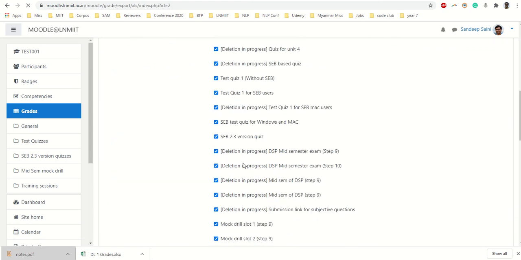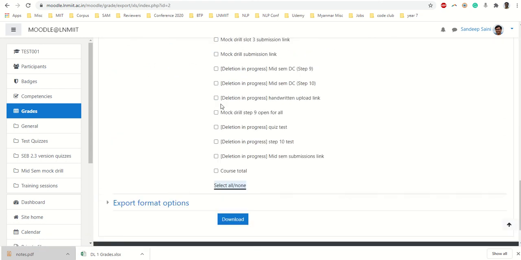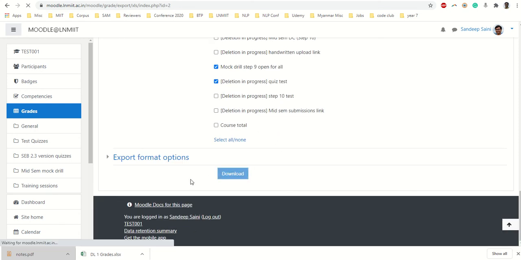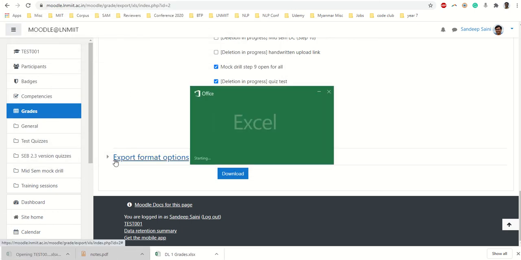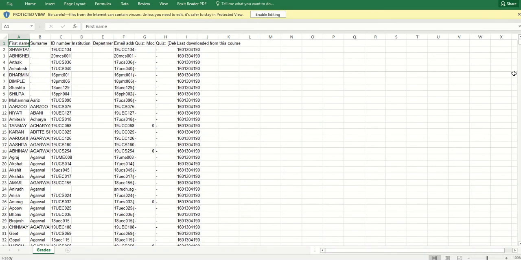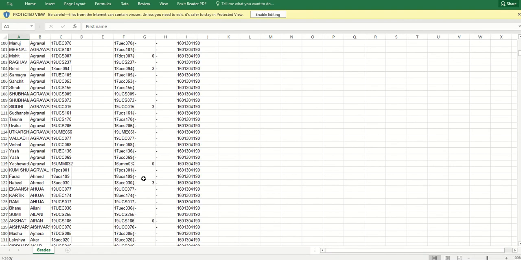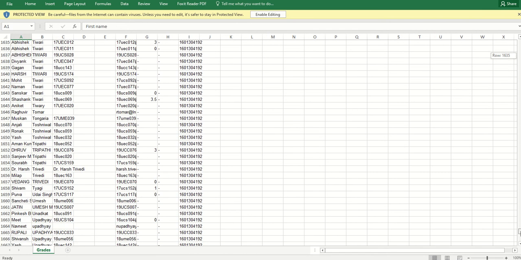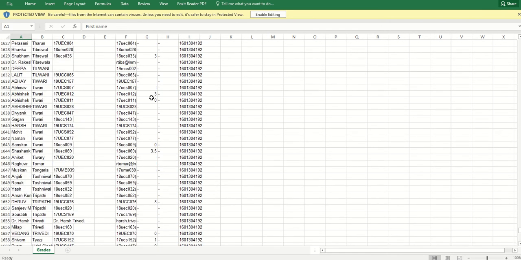So you select Excel, and I am selecting maybe these two components, and I download. So when I download this Excel file and open it, you are going to see that this one has the list of complete 1700 students, and someone has done evaluation 1 or 2 or both, all these marks will come.